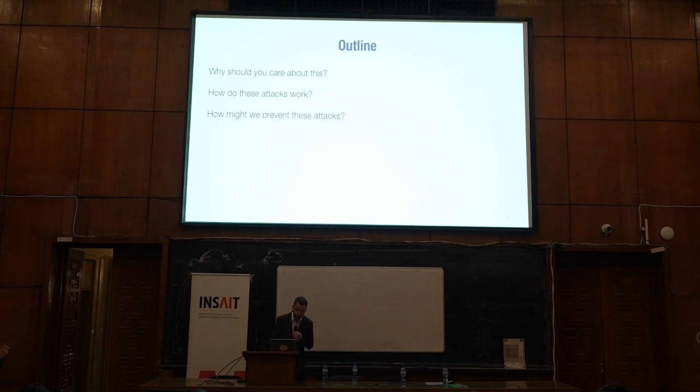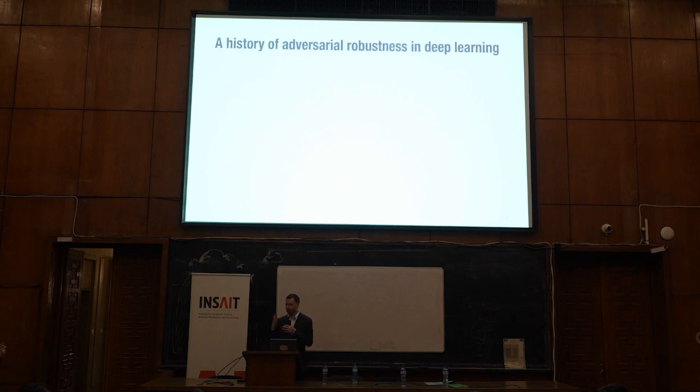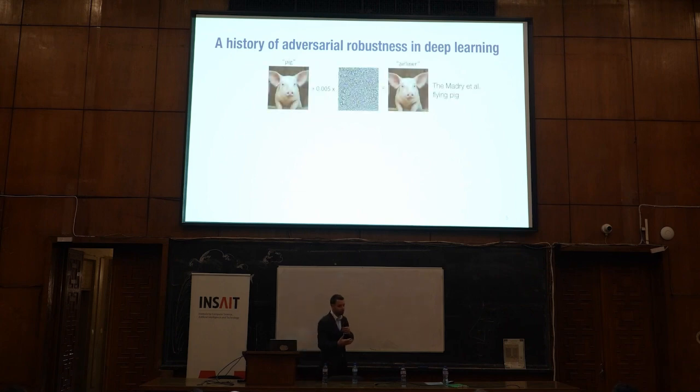All right, so let's start off. Why should you care about these attacks? I actually want to start by providing a bit of history about the nature of AI safety and robustness in AI systems, because this history goes back a lot further than these attacks on large language models. For about 10 years now, maybe going back even further if you look at older machine learning models, we've known that deep learning models are very susceptible to manipulation. So here's an example of a computer vision model that takes this image on the left and calls it a pig.